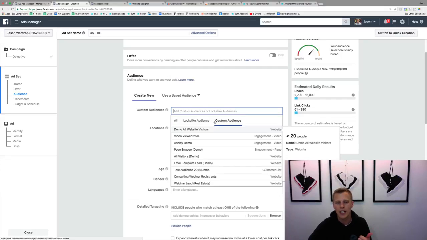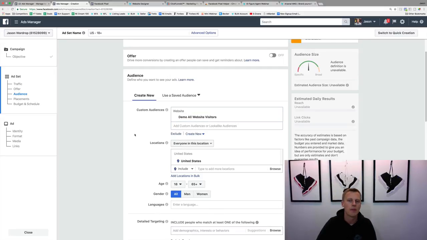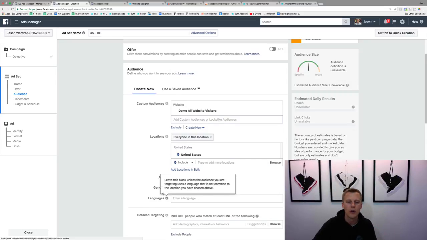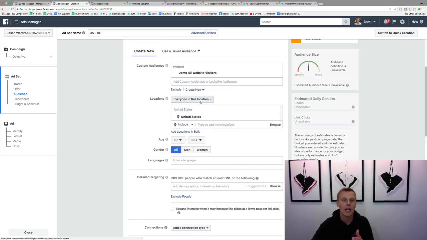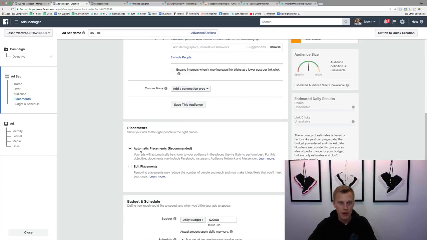We'll just come over here to custom audience, and you can see right here, demo all website visitors. It says less than 20 people, but that's just because it's still populating, so you don't have to worry about that. We can just click on this, and as it populates, Facebook will automatically update that. And because this is a custom audience, we don't have to worry about targeting the United States or age or men or women or language or anything else right here. We just target this specific audience, and then we can choose where we want to place the ad,